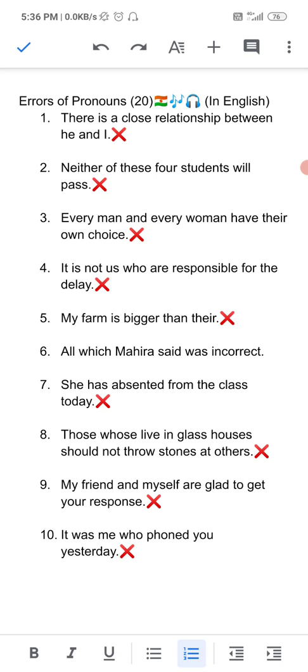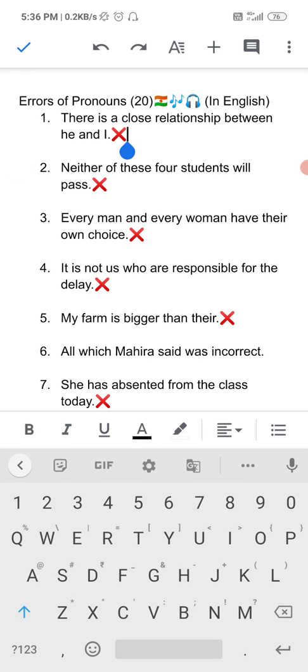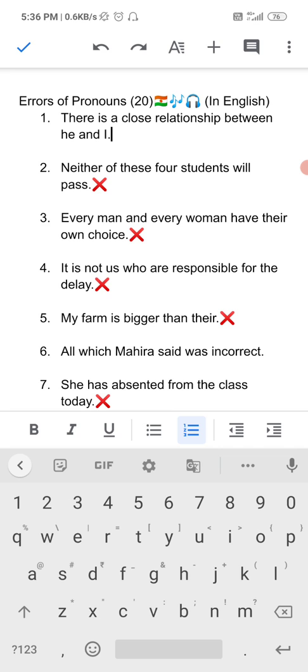So here the objective form of he and I should be him and me. So after between, we have to write him and me. So the correct answer should be